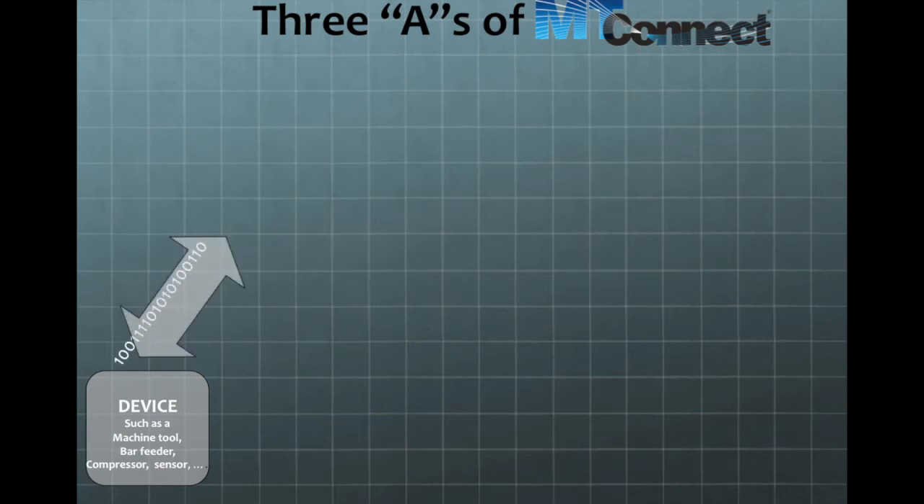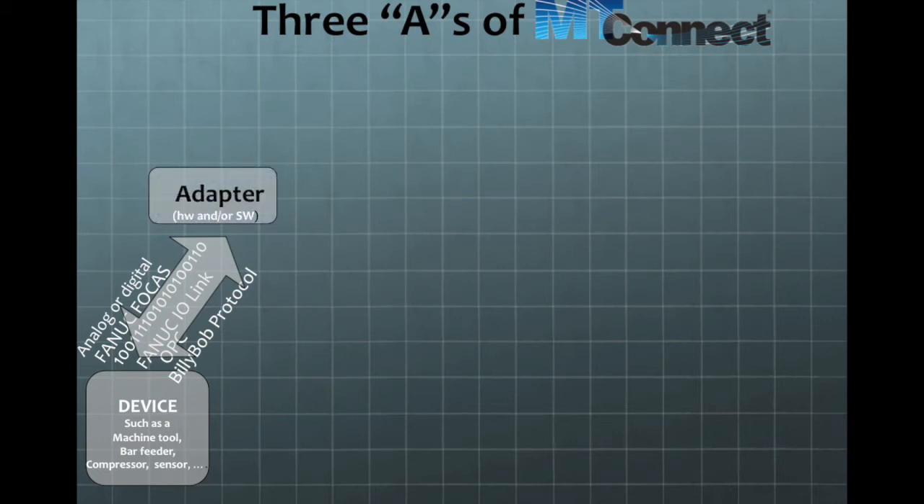And these devices can speak a variety of protocols. It could be binary. It could be something like Fanuc Focus, Fanuc IO Link, OPC. Could be analog, could be digital, could be Billy Bob's protocol from West Virginia, and it could literally be anything. So what happens, the first A is the adapter, and the adapter is hardware and or software, and that reads this proprietary protocol, or could be a different protocol, and it converts that to what's called SHDR, which is simple